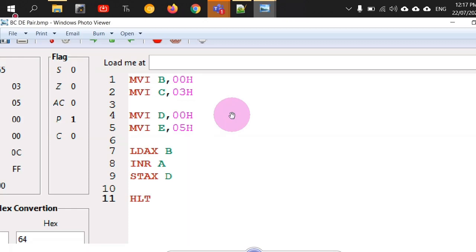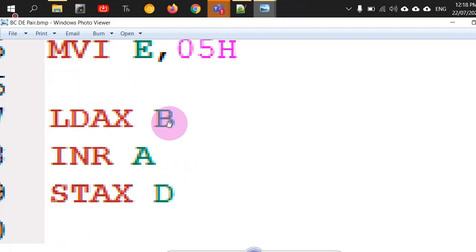Now, in the HL register pair, if you keep some address, then automatically the M register will be loaded with the value at that address, and you can copy it from that particular M register to the A register or whatever register you feel like, right? However, in the case of BC and DE register, there is no such M register. M is called the memory register. So there is no such memory register, right? We have to do everything by using the default register, which is called the accumulator. And the command used there is LDAX B.